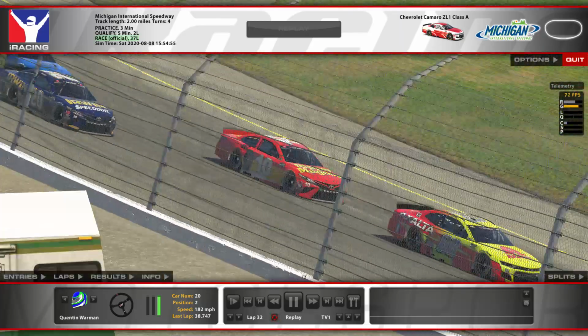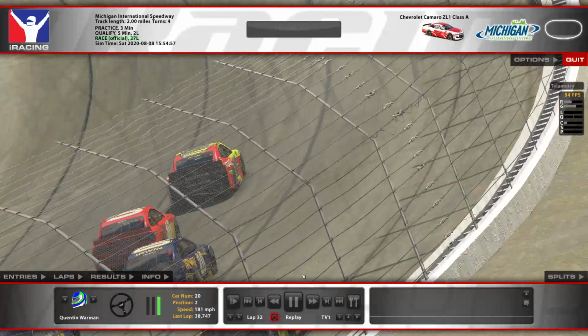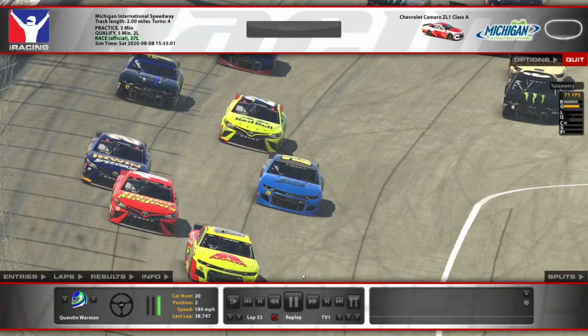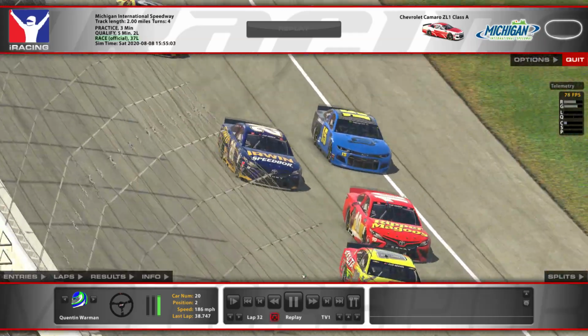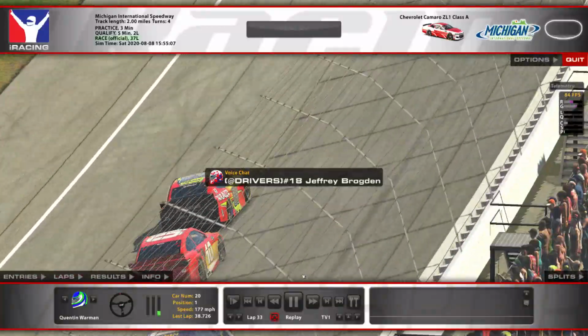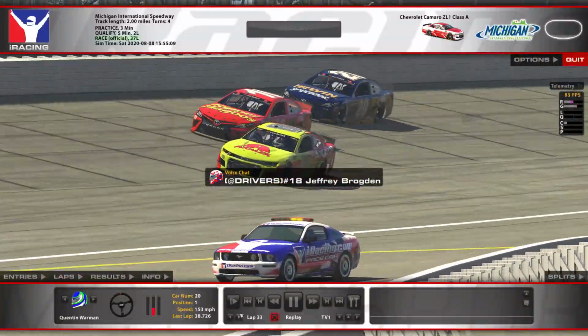And then, with 3 to go, the caution comes out. And then it ends up being a green white checker. Yep, there's the wreck. There goes the wreck, the caution came out. But I did have the lead. If you're going to be on the bottom of 3 wide, you got...